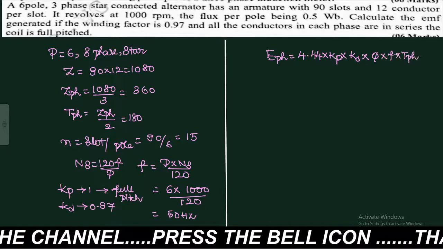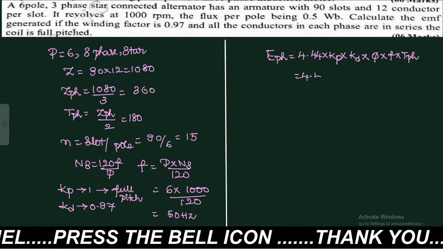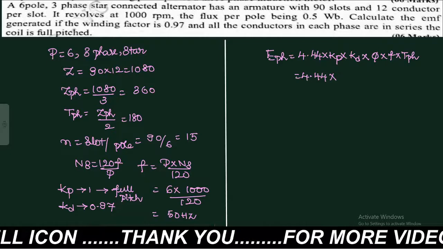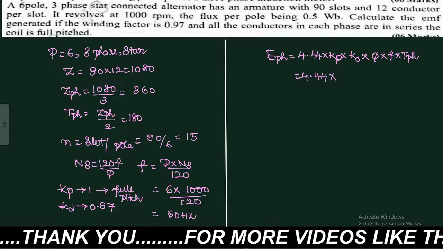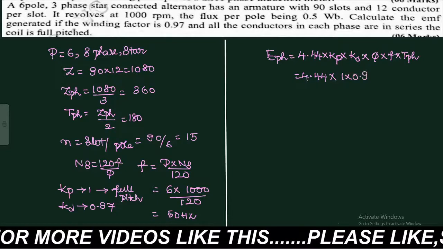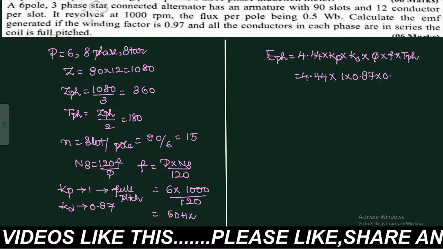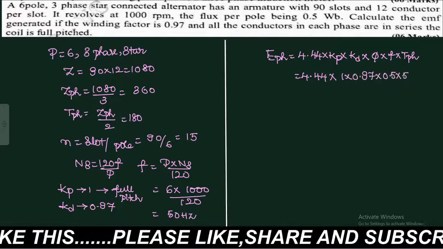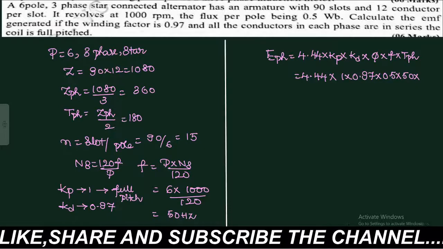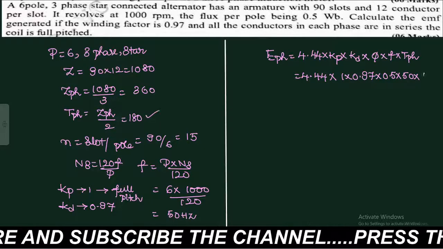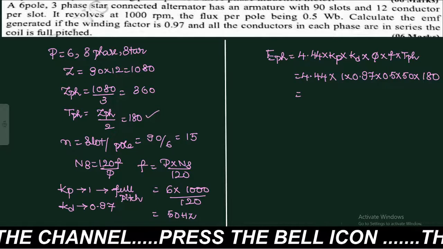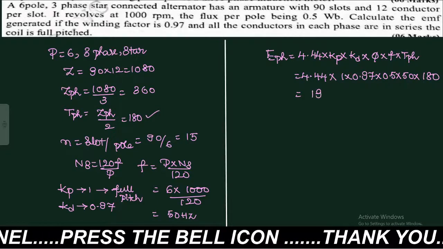Let us substitute: 4.44 into Kp value 1, next Kd value 0.97, flux per pole 0.5 Webers and frequency 50 Hz. Next, T per phase is 180, so substitute that also. The final answer for E phase you are going to get as